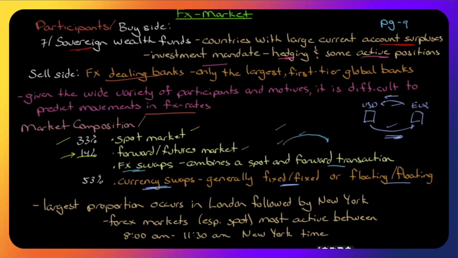slightly at level 3. Largest proportion of Forex trading occurs in London, followed by New York. So the Forex markets, especially the spot market, is the most active between 8 a.m. and 11:30 because that is